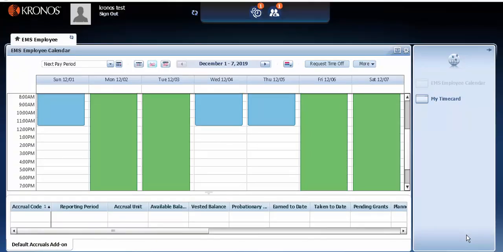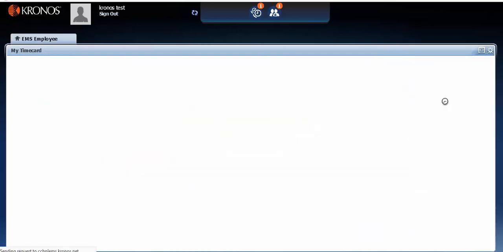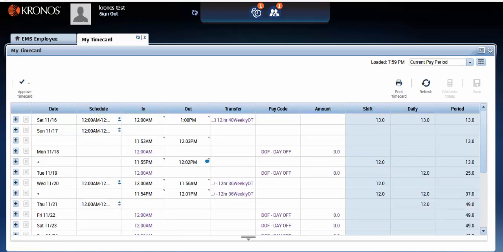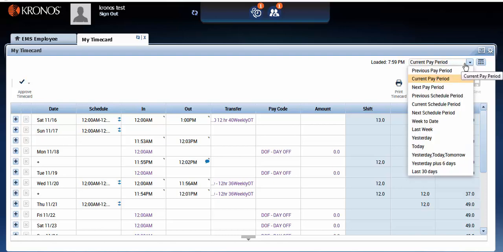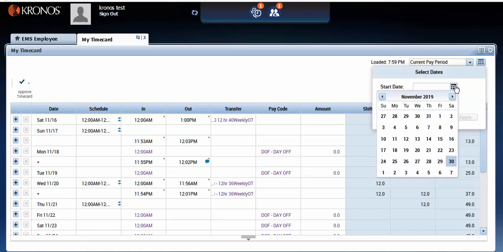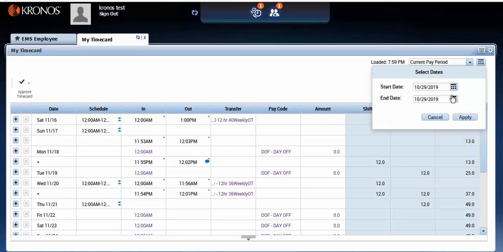In this video clip, we will be reviewing some of the actions in time cards. Again, going to the workspace, selecting a My Time Card Genie will load your time card. The drop-down menu has a range of automatic pre-selected date ranges. If you would like to see a particular day, click the calendar on the right. You can select one day